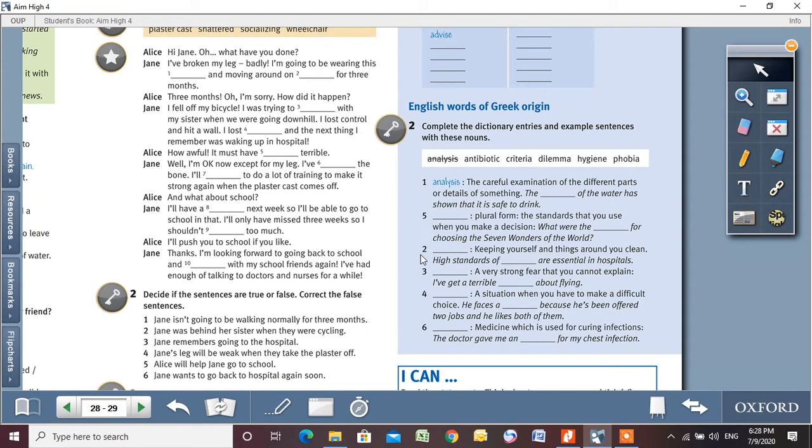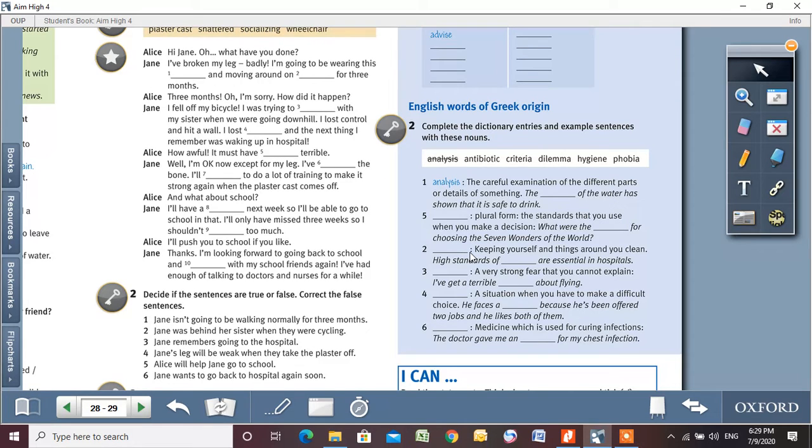Number 3, of course the numbering here is all messed up, so this is number 3. Keeping yourself and things around you clean. So we're talking about hygiene, and it means